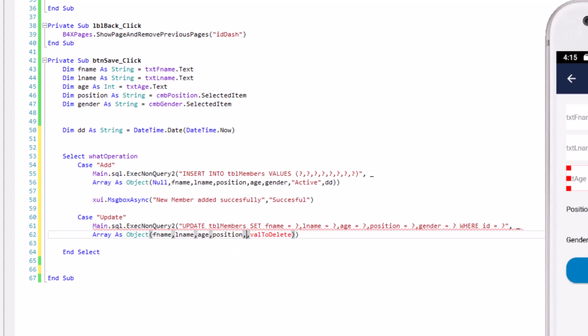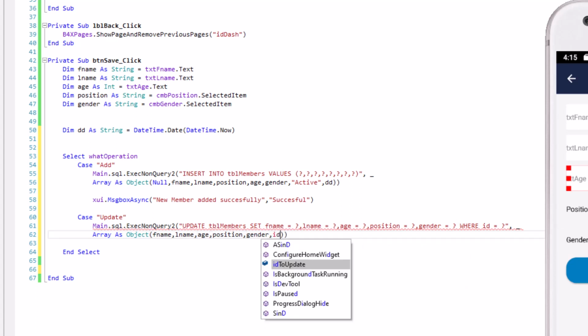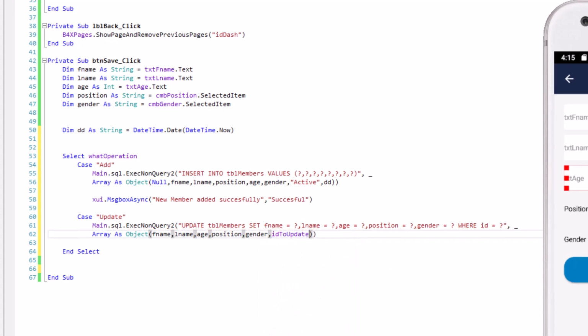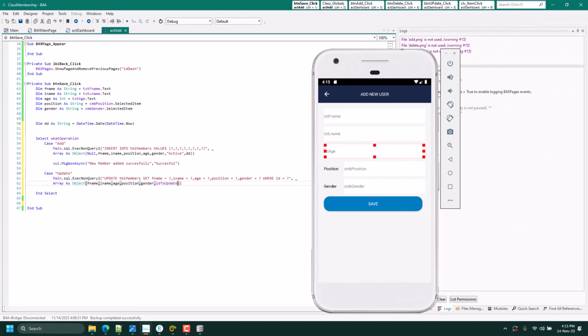Fifth one, gender. I think that is it. First name, last name, age, position, gender, where ID is equal to ID to update. So that's that. Let's run.